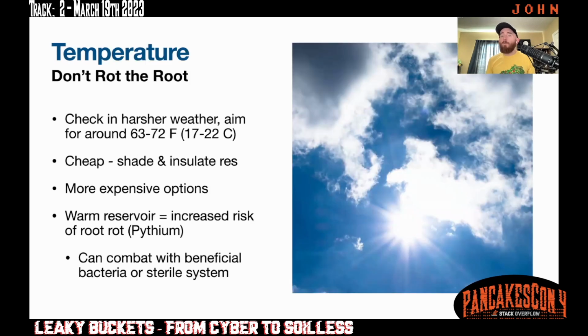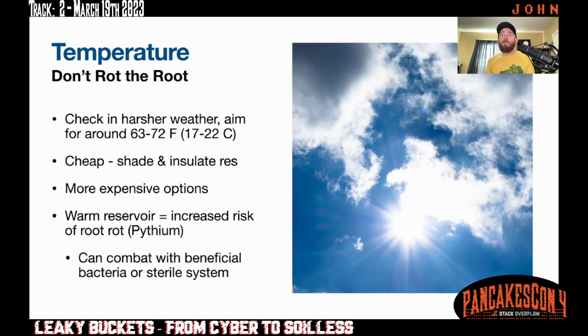Temperature, this is the trickier part. When it gets real warm here, the water would get warmer than I wanted. So like I said, some cheap methods are shading and insulating the reservoir. Some people go out and build coolers, or they put it close to their house and try to do some fancy stuff there. I've had some success with just freezing water bottles and then tossing them in, in the morning or afternoon, and kind of cycling those in.